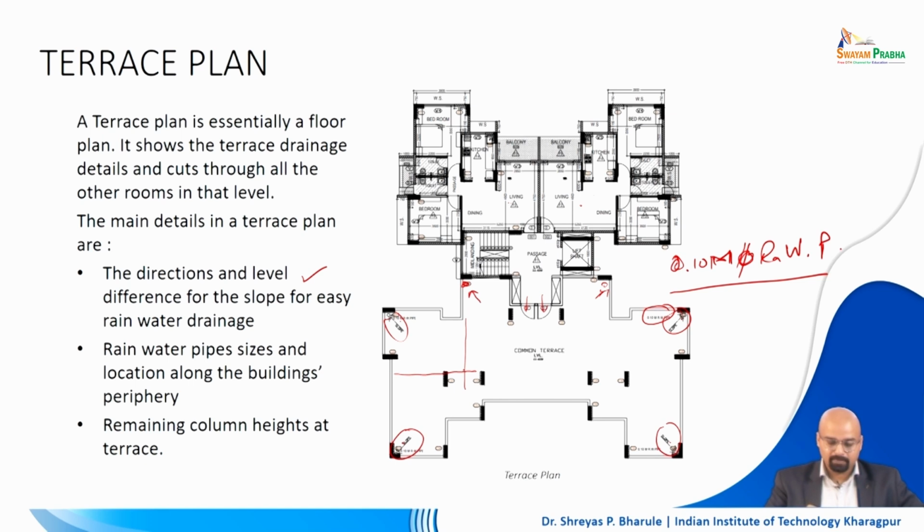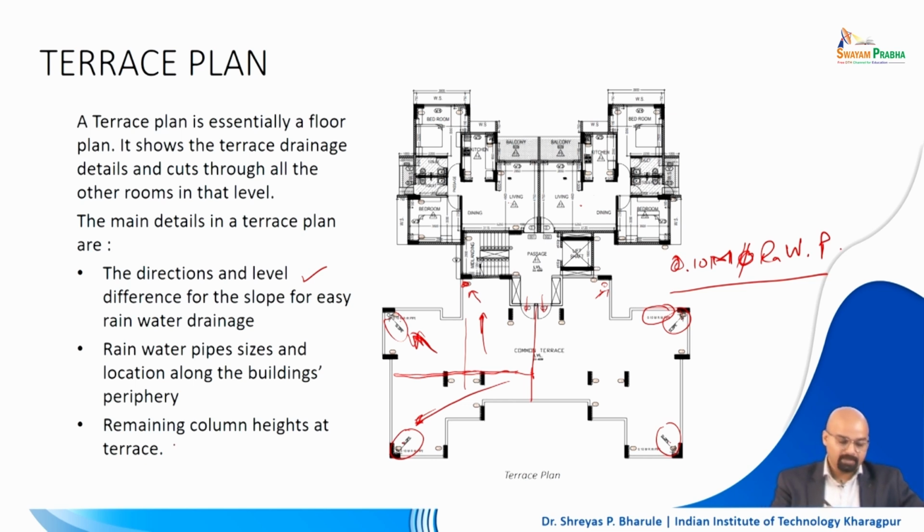So all of the water which will be collected here will be drained out here, all of the water will be connected here will be drained out here, this level of water will be drained out here, right. So you will have 3-way sloping, 1, 2 and 3, right. So this is the whole ideal situation in which you drain off all the water from the top from the